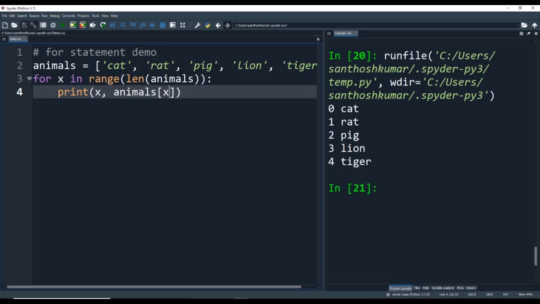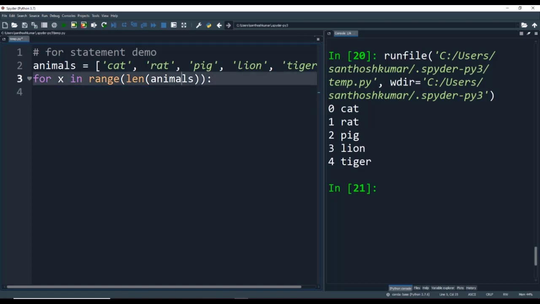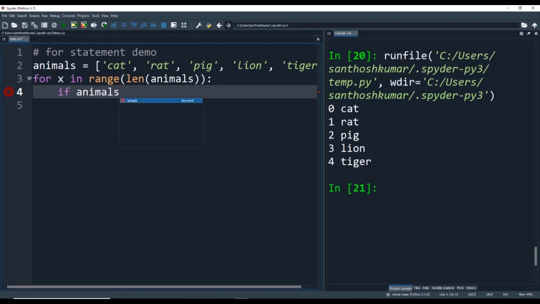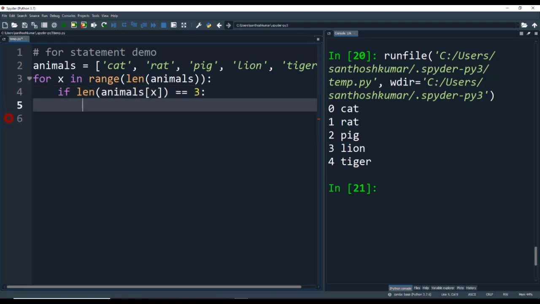Another thing that could be done is to use the for loop to parse through the list and replace certain elements within the list. In order to demonstrate that, I am using the same list named animals, and the same for loop, but I am removing the print statement below the for loop, and I am using an if condition, where I am checking if the length of individual elements within the animals list is equal to 3, then I am assigning the value replaced to that particular element within the list.